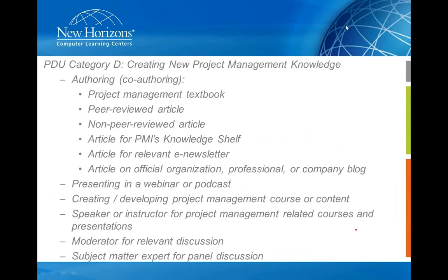Now, when you present these or author them, if you author something and then present it, you get PDUs for both. The PDUs go towards creating, and in the case of presenting, it's creating and presenting. That's why it has creating and developing project management course or content. Being a speaker or instructor for project management related courses and